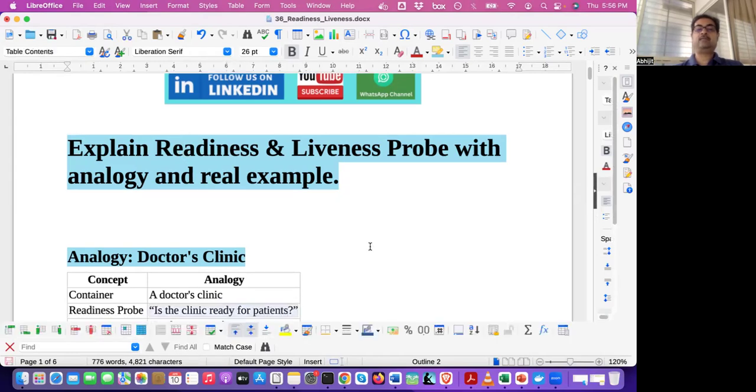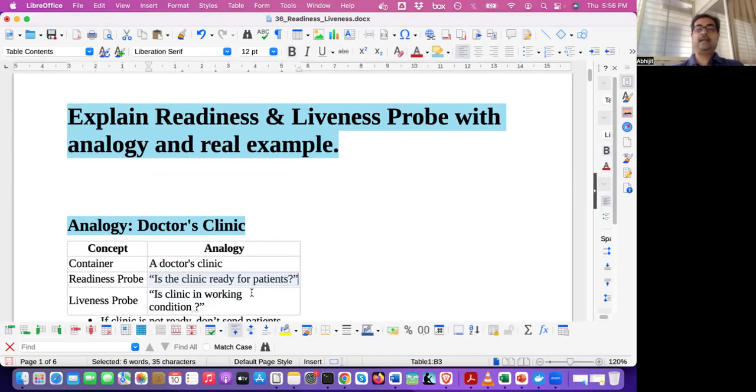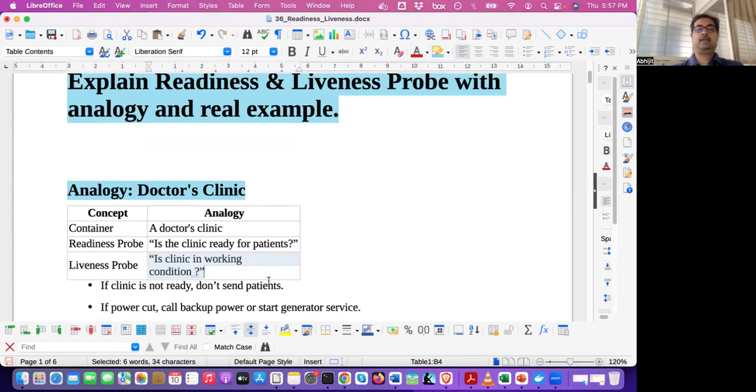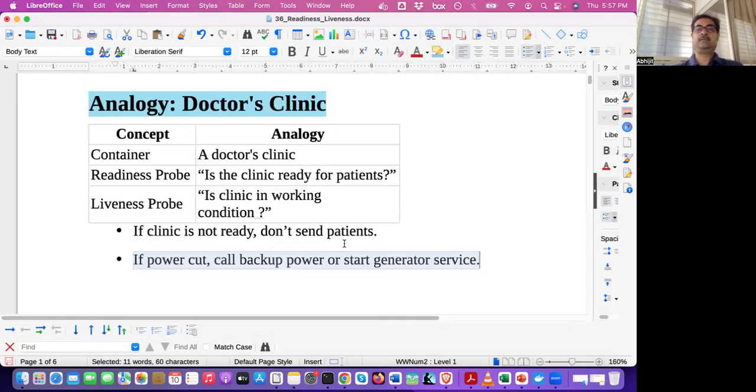Next one is the liveness probe. Liveness means: is the clinic in working condition? Let's say the clinic is ready and working, but for some reason a machine stopped working, or maybe there is a power cut. When you ask the clinic, they will say no, or they will call for backup, or if there is a power cut, they will start the generator service, etc. Similarly in Kubernetes, when a pod is stuck for some reason,